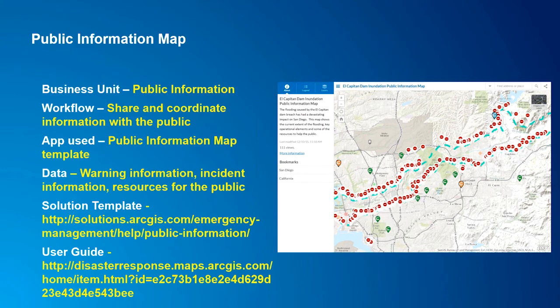So again, a good idea to perhaps have this configured in a steady state, for blue sky operations, and then when disaster strikes, you have it ready to go, and folks know where to find this information, like on Facebook or from your Twitter feed or that type of thing.